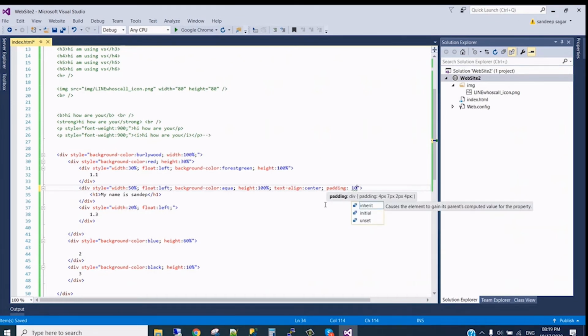If we give 2 values, like 10 pixel and 10 pixel, the first one takes top, the second one left, again bottom 10, again right 10. But if we give 4 values, then the first one is the top, right, bottom, left. If we want only the top, we can do it like this, for example 50 pixel, 0, 0 and 0.